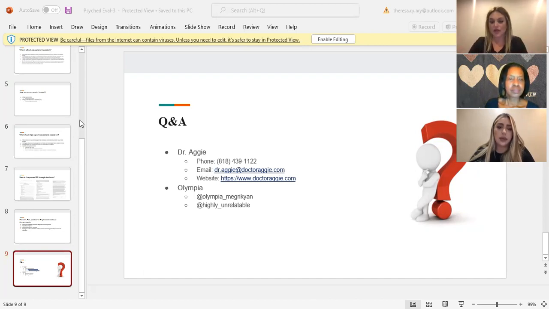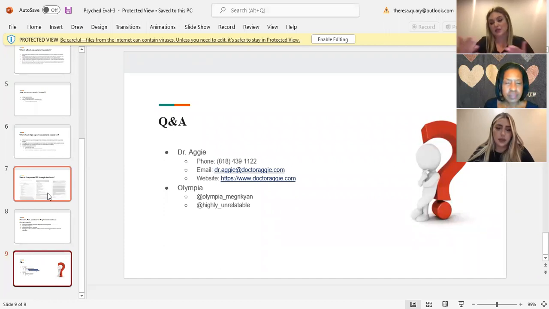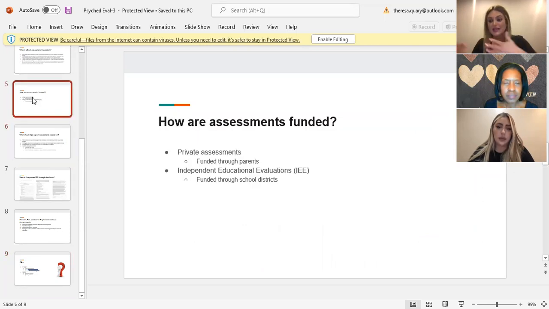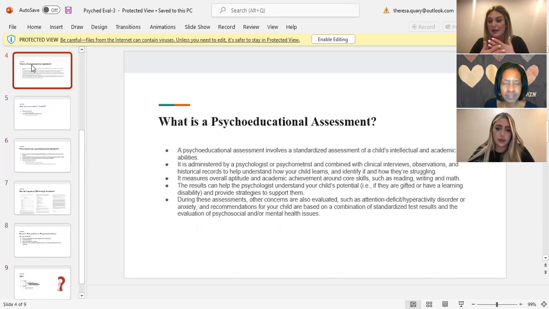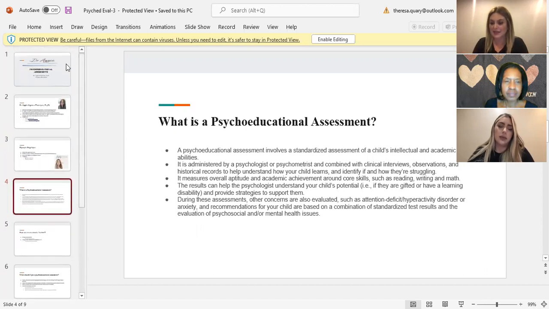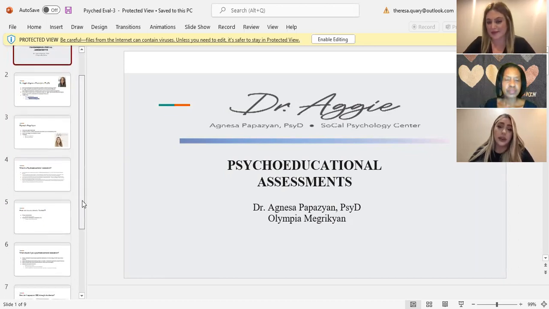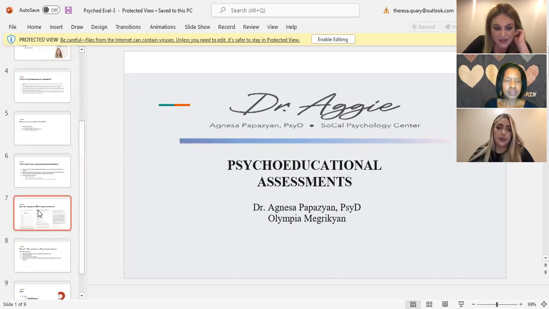So if Johnny is going to respond a certain way with me, then more often than not, he's going to respond a similar way with the teacher, or with the speech therapist, or with the occupational therapist. And it's important for us to have that baseline, so that when we are working on things, we can compare and see what kind of progress our child is making and where we can go from there. Right. That's the point. Absolutely.